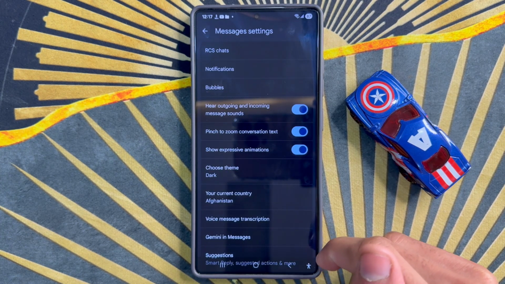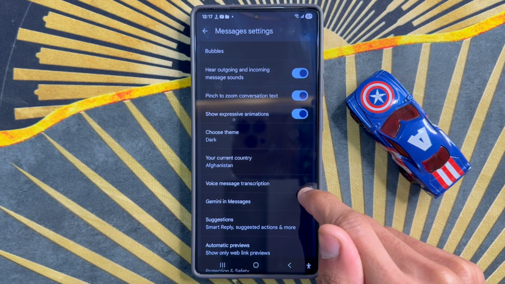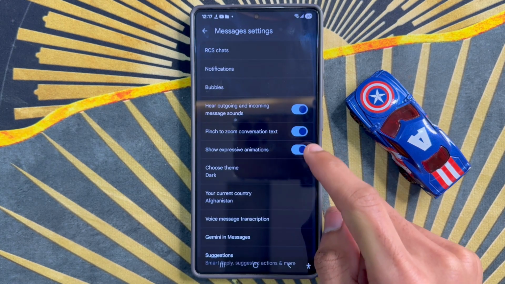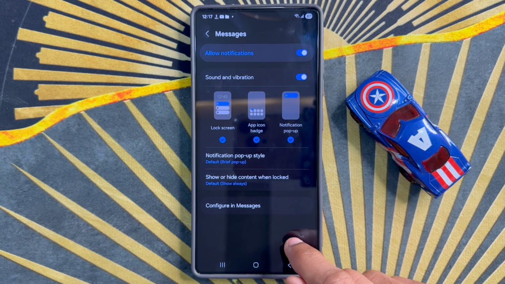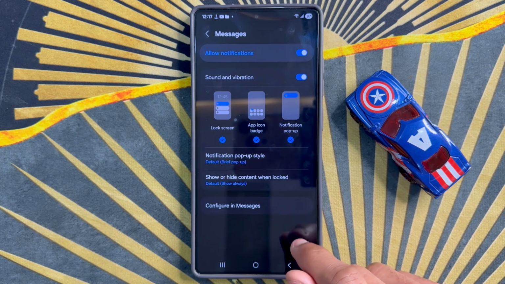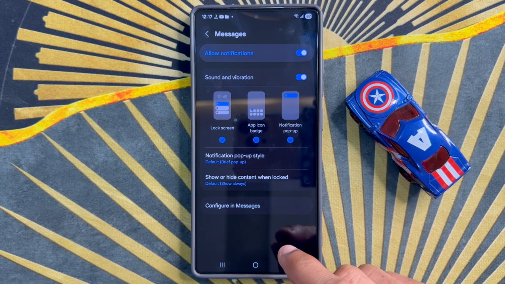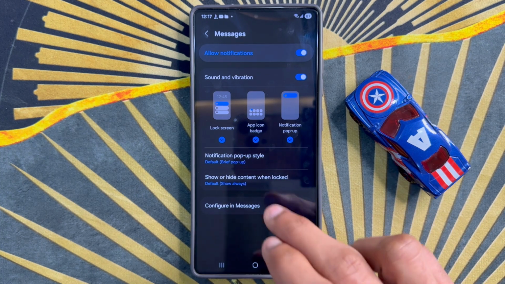After clicking on Message Settings, scroll down and click on app notification. After clicking on notifications, if you want to show or hide text message on the lock screen, if you want to hide,